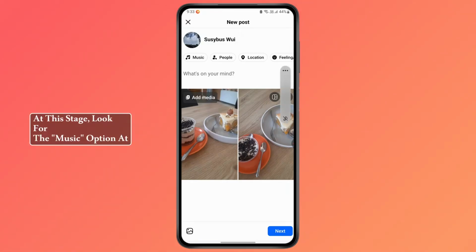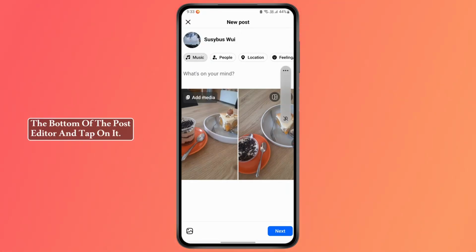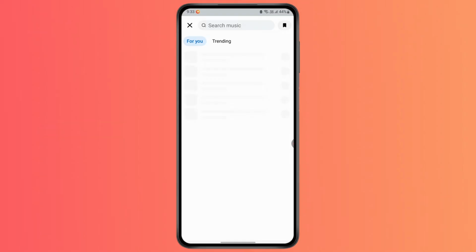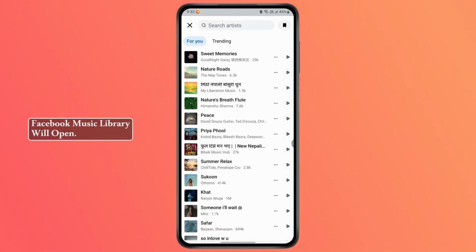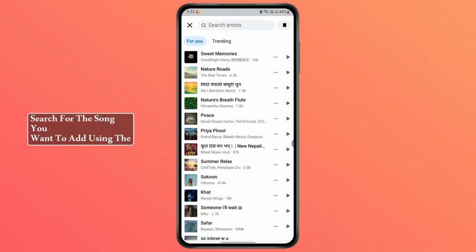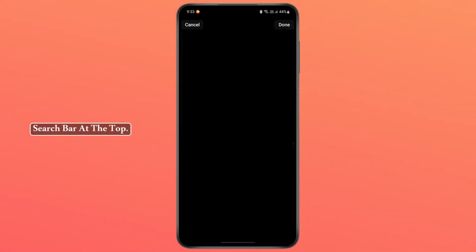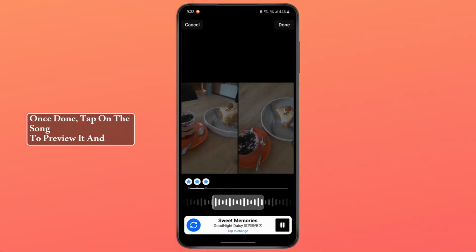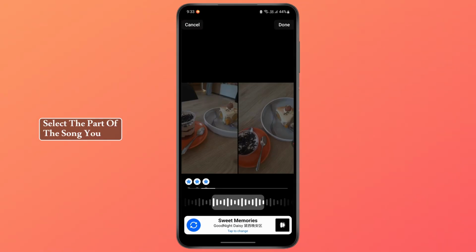At this stage, look for the music option at the bottom of the post editor and tap on it. Let me show you. Following this, the Facebook Music library will open. Search for the song you want to add using the search bar at the top. Once done, tap on the song to preview it and select the part of the song you want to play